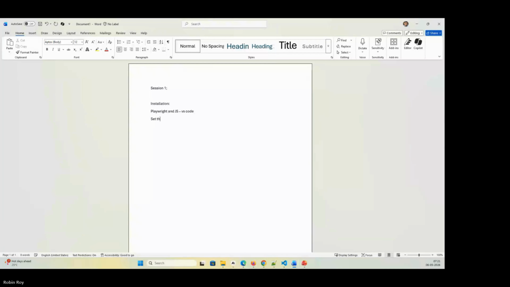We will set the path. We will install JavaScript and we will install the Node package and we will write one program. This is a basic necessity that is required for us to proceed further. So in order to do all this,